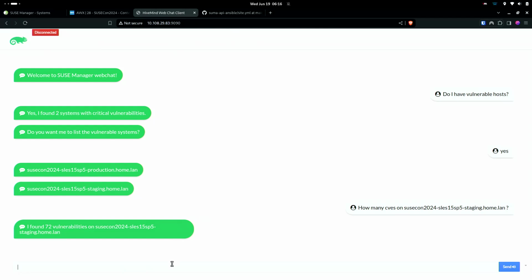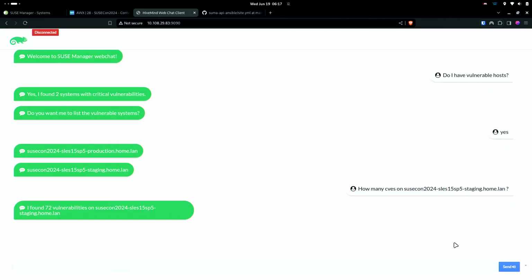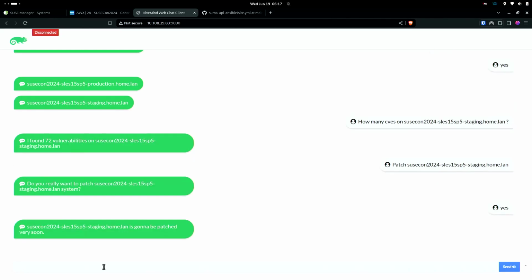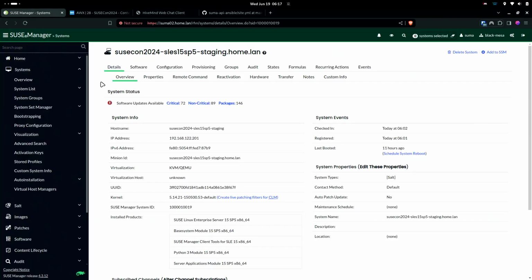So if I'm saying, for example, patch this node. So if I want to patch it, send. So do I really want to patch it? It's staging. If it's breaking, it's okay. It's just the QA, so it's not production. No, okay. But this is not production, so that's fine. There are just 10 people doing nothing because everything is broken, but this is not production. Basically, it triggered a patching.